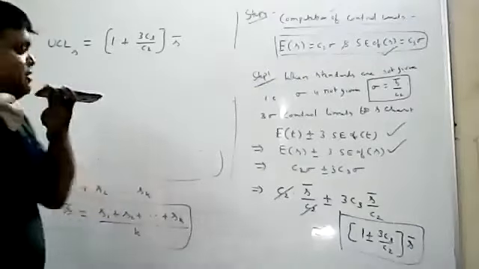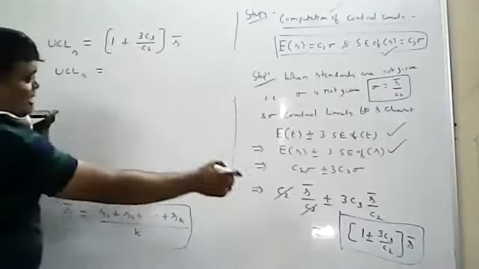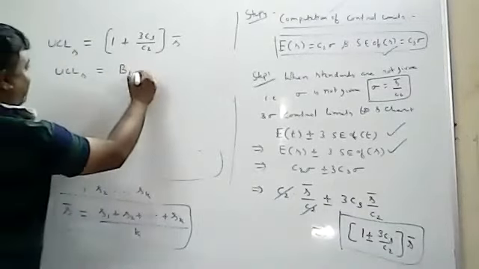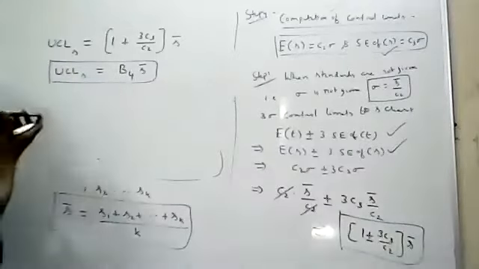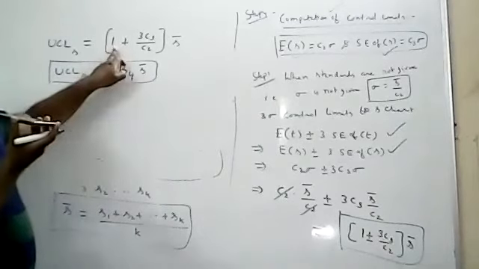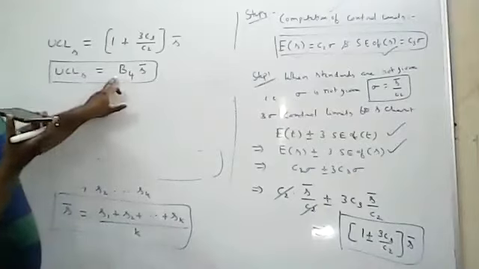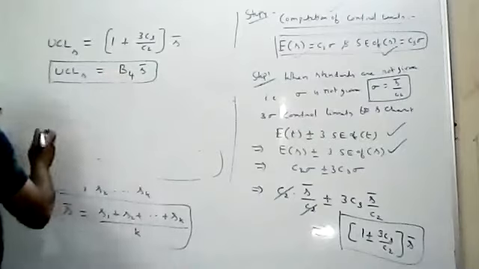UCL always takes the plus sign. So this is nothing but UCL S equal to this constant; B2, B1 are already completed. So this constant I will assume as capital B4. So UCLS is nothing but capital B4 S bar. B4 is nothing but this value. It is a constant, a table value that will be given to you in the examination. Today I will send the tables also to you. So the UCLS formula is B4 S bar.